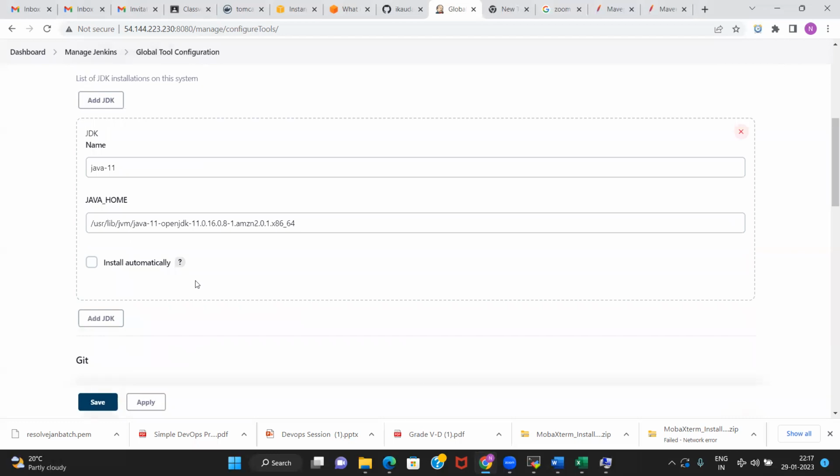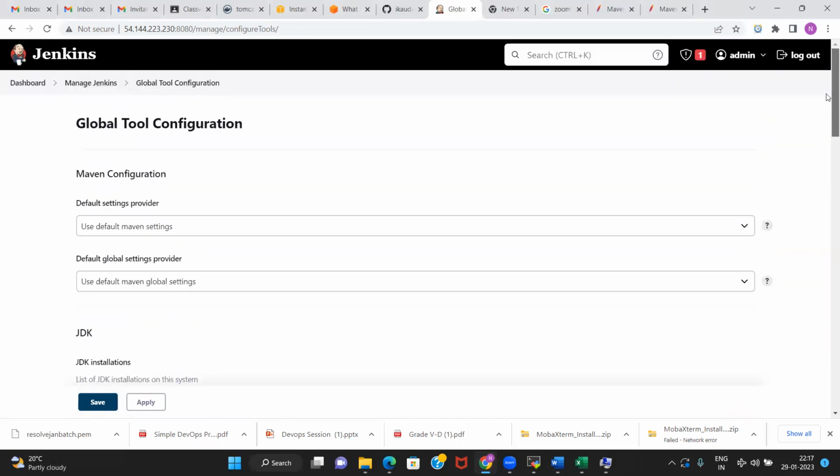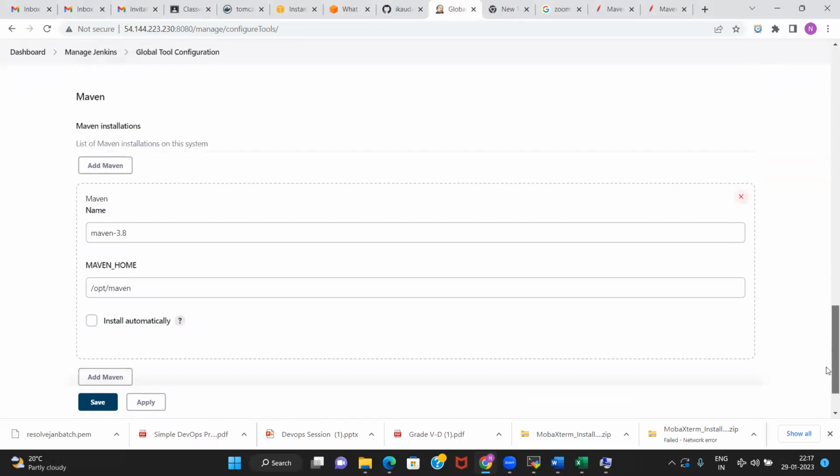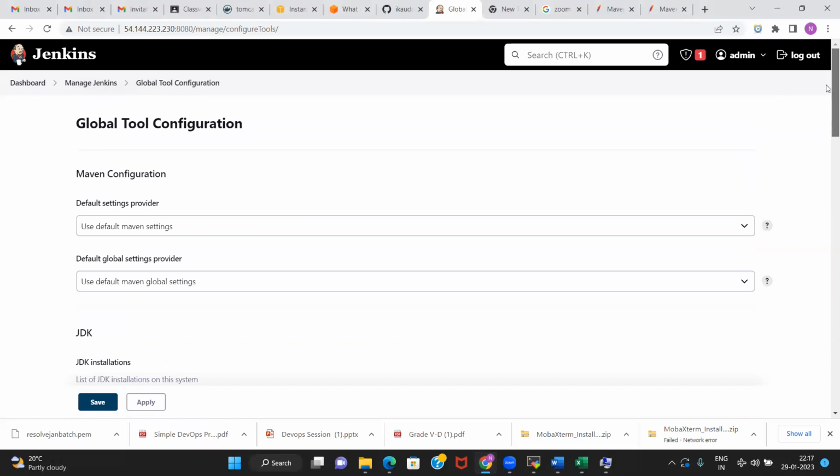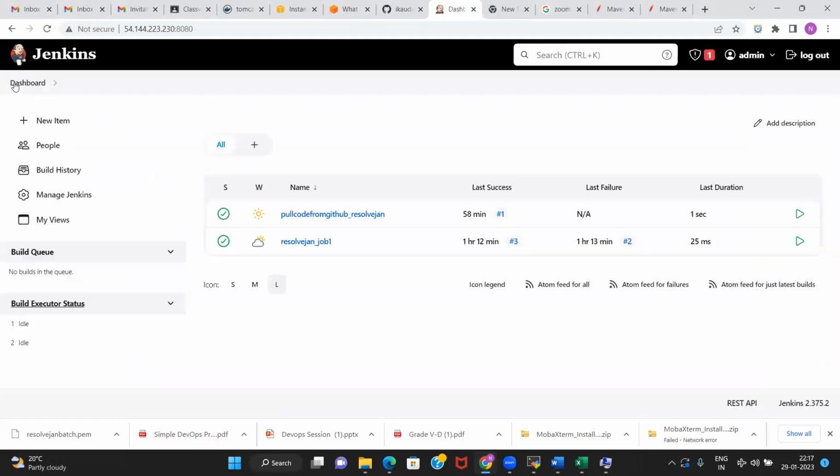This way, you will be able to set up. Now you are ready to run a Maven based project. The project that we have is a Java project that is a Maven based project, and now you are able to build a Maven project. Building a Maven project means that a war file will be created as part of the build, an executable, right? For a web based application, the executable is a war file, web based Java application.